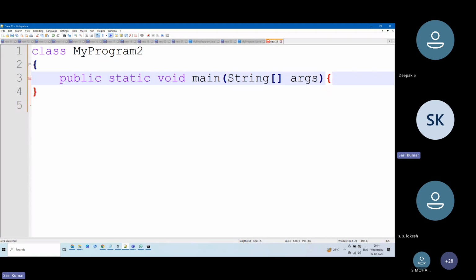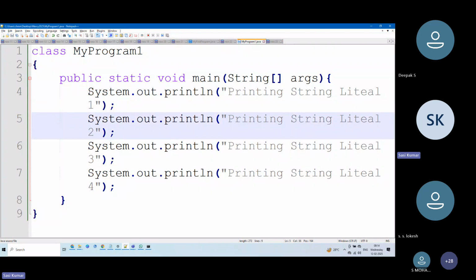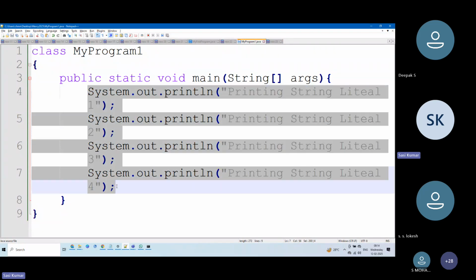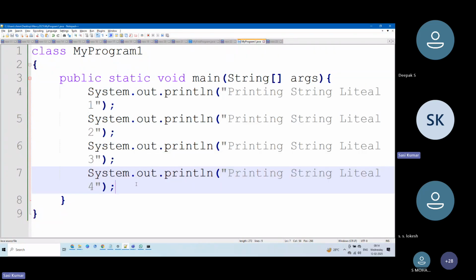So open parenthesis and then closed parenthesis, which is fine. So I want to print integer literals. Generally, we as programmers, the moment when I see this code, we are trying to write something from line number 4 to line number 8. Whenever I see it, it is all self-explanatory what we are trying to do as part of this code. But it is good that as programmers we add